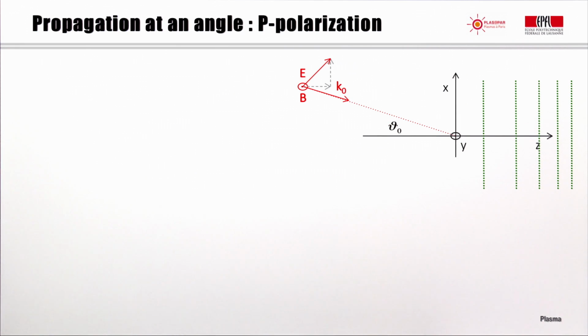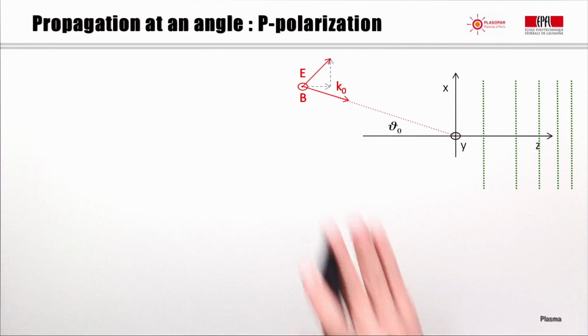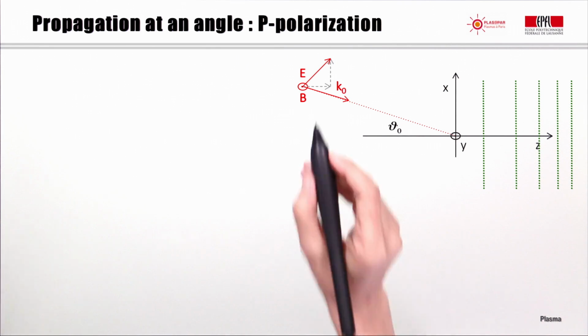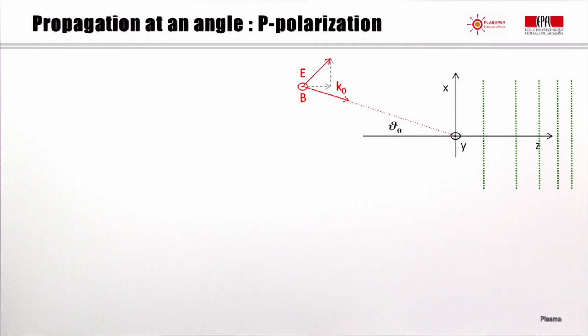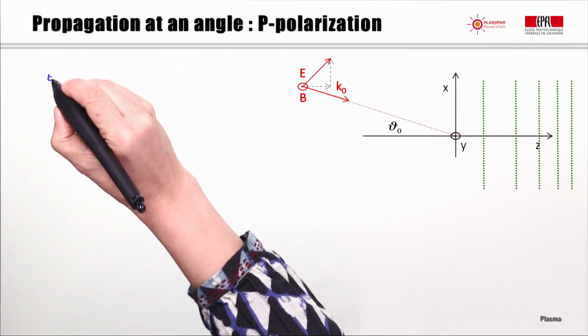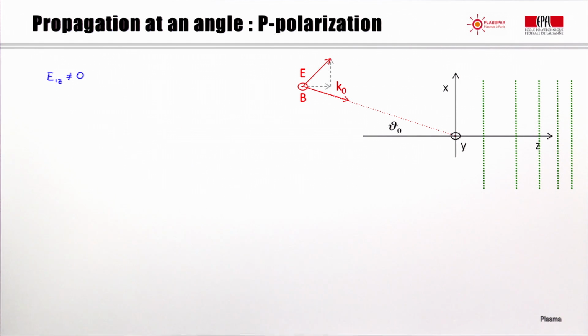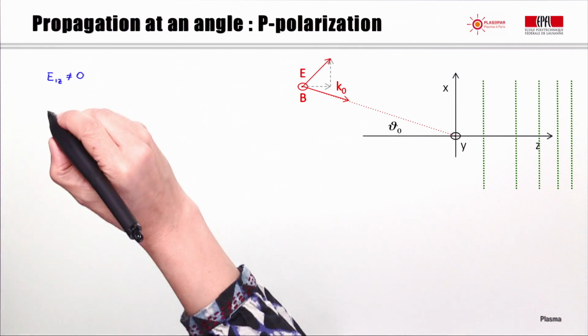We will now consider propagation at an angle for a p-polarized wave. In p-polarization, the electric field is in the XOZ plane, so it is in this plane, and then it has a component that is parallel to the density gradient, that is the Z component. E1Z is different from 0. In these situations, since the fields depend on the Z variable, we cannot have a purely transverse wave, but in our solution we will have that